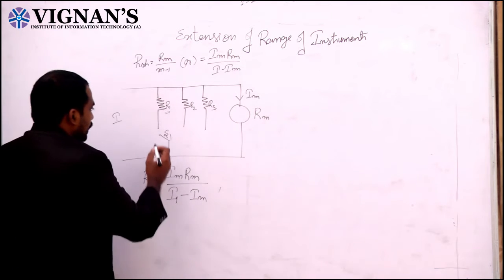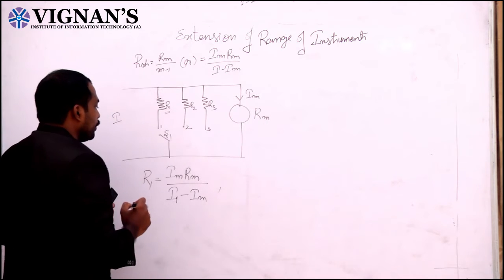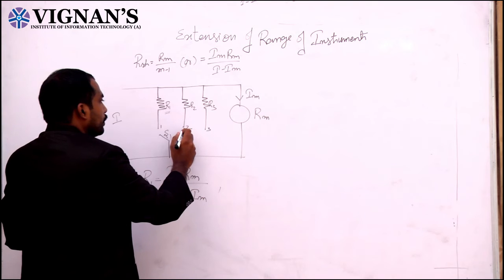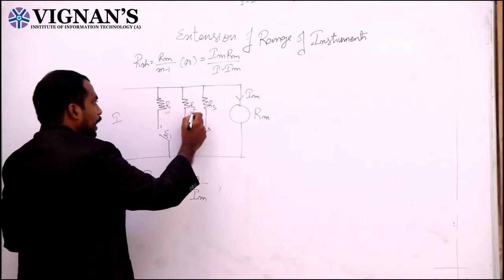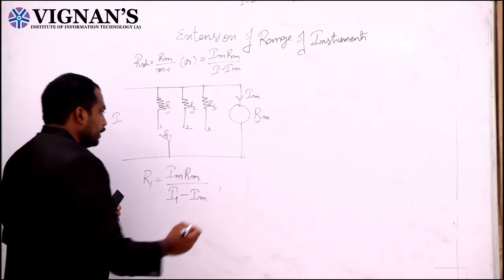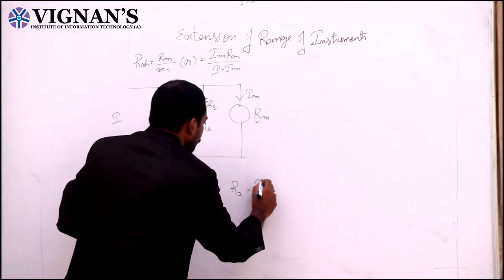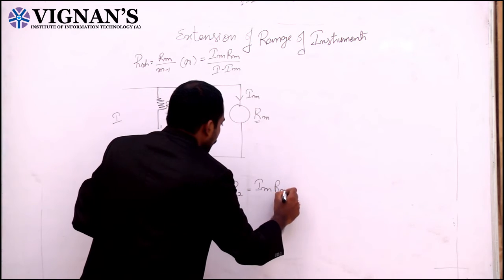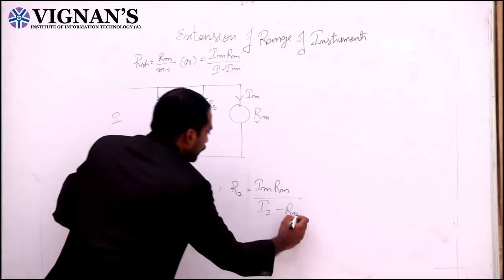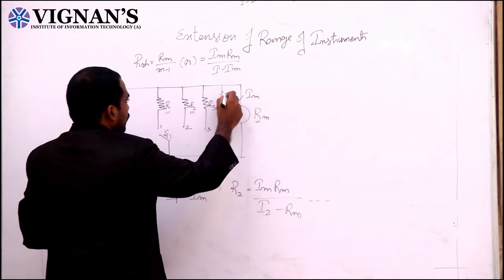In the similar case, if the switch is shifted to point 2, then the switch S1 is closed at point 2. Now what are you having? You are having resistance R2 placed in parallel with your meter resistance Rm, right? Now what will be your value of R2? R2 is equal to Im Rm by I2 minus Im, and so on. So similarly, if you are having n resistors here,